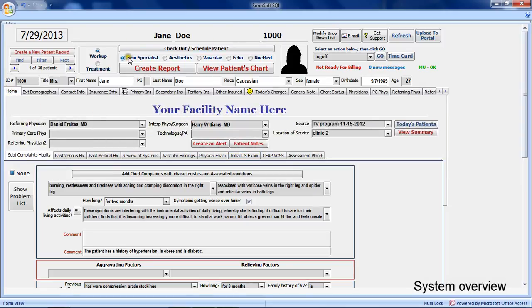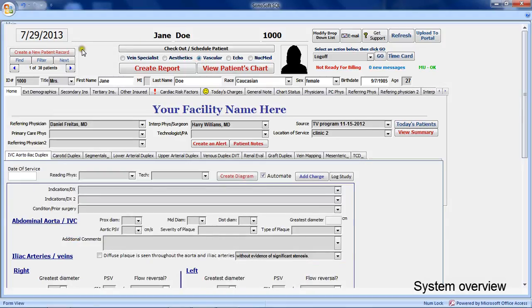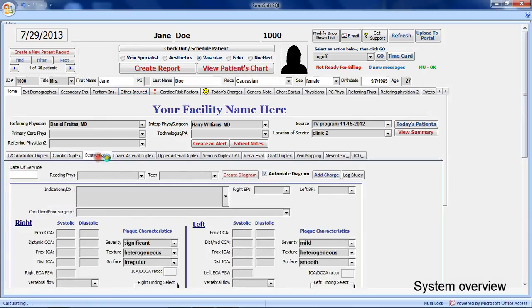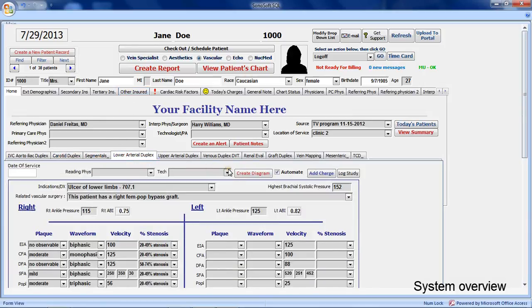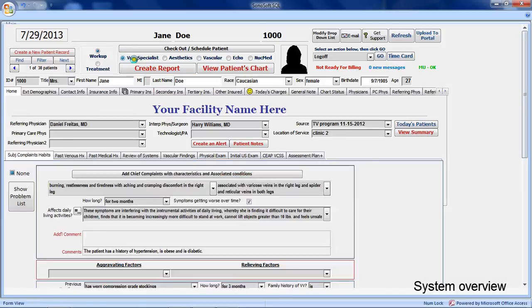Up on top here we can see there's a number of radio buttons. So if you have a number of programs that tie all together, you click on the vascular button here. The top stays the same, the patient data, all their information, but the bottom goes to different areas where we can do different studies. Okay, so if we go back to this one here, our base EMR system,